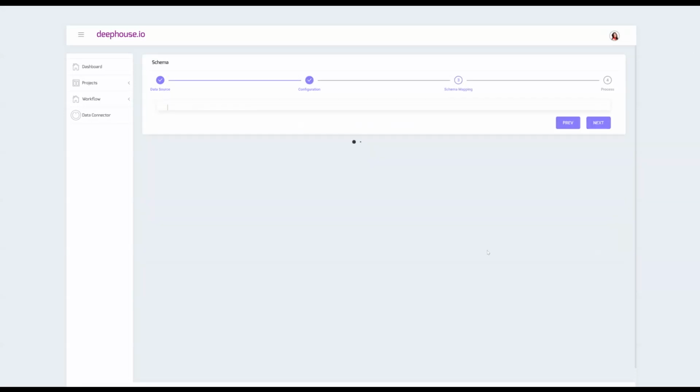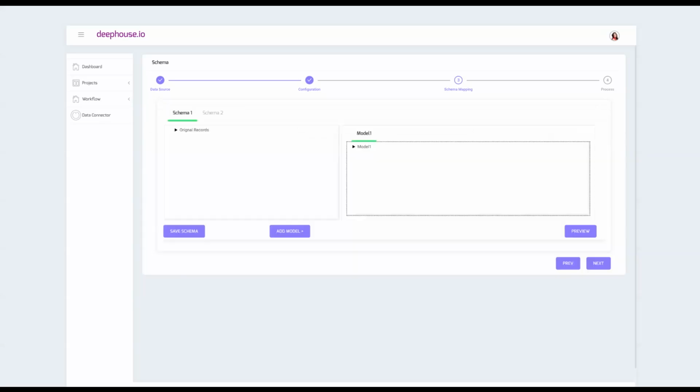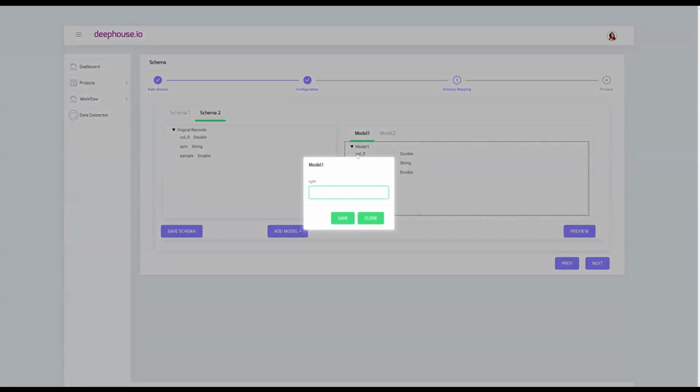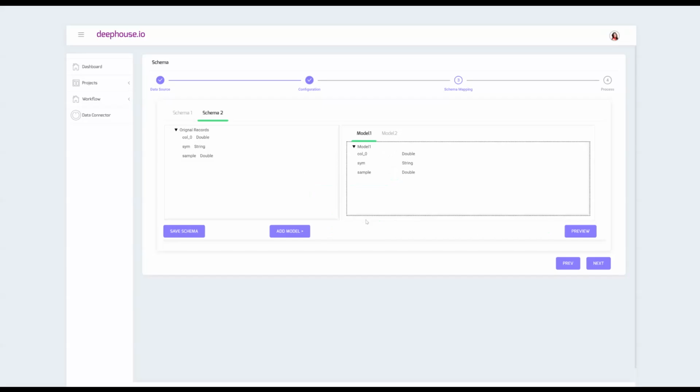Once we are done with the readers setup, how the CSVs are, we will go to the third step of the schema mapping, where the schema of the CSV is auto detected, and you can see it's a completely simple one-to-one mapping. No transformations have been done. If a transformation has to be carried out, you could write a script here, and that should be helpful for doing transformation. If you want to add columns, you can do that at this stage as well. So there's a lot of flexibility built in.